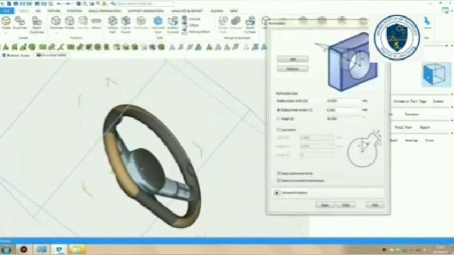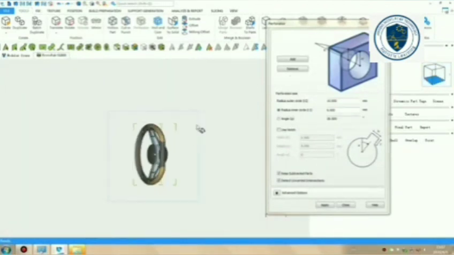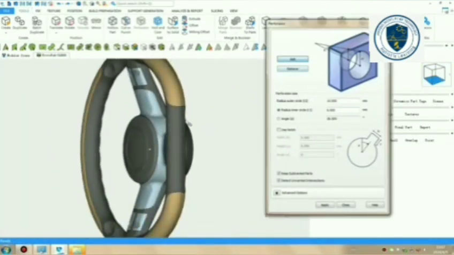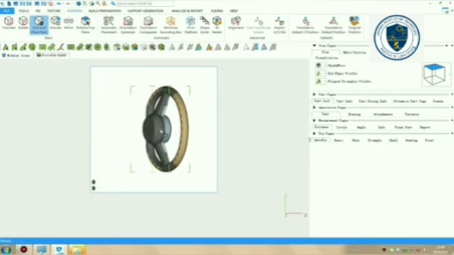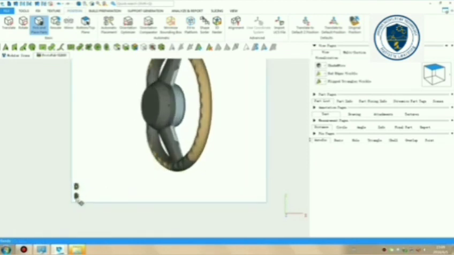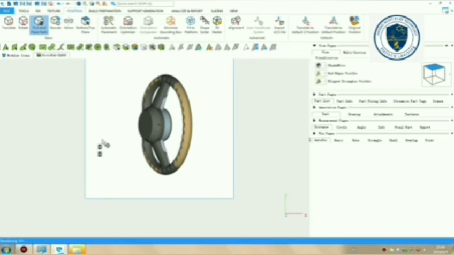First they do part orientation. You can see they changed the direction of the steering wheel and now they are making 2 holes in the steering wheel. You see the dark blue color. Yes, they are making the hole. Why they are making the hole means if you make the steering wheel in stereolithography process, some resins are not cured, so we need to take that resin away from that steering wheel.